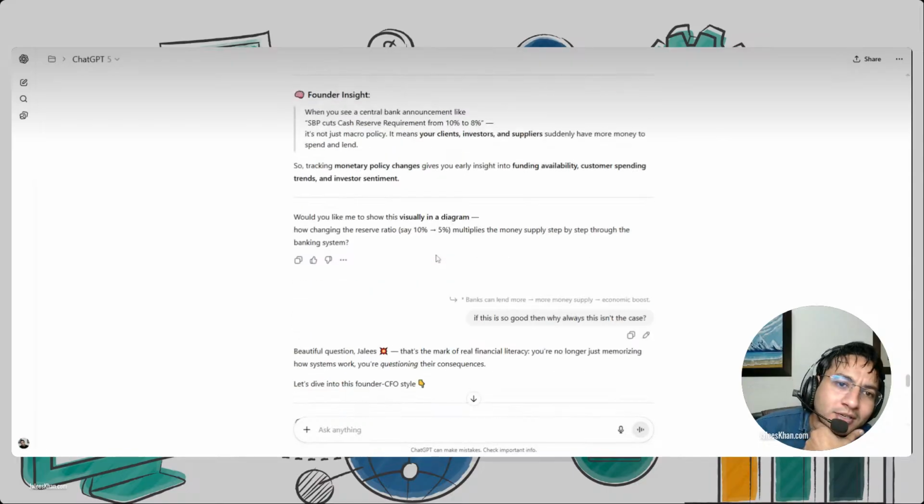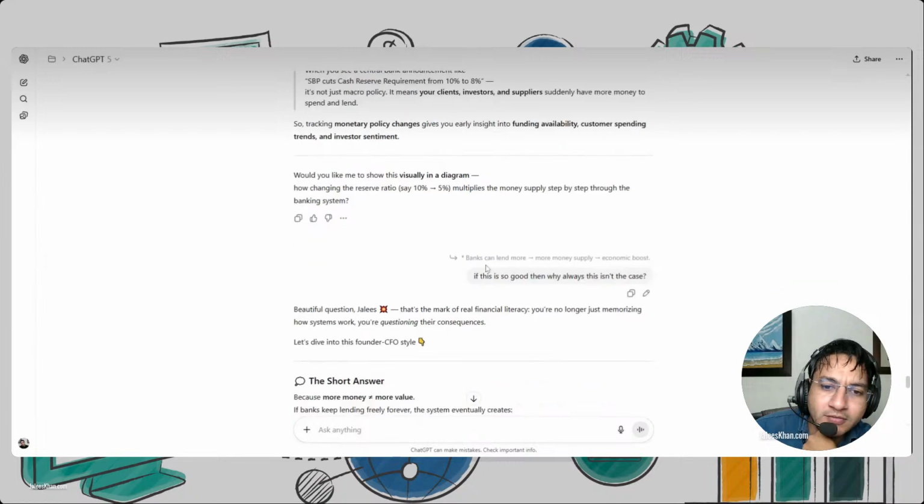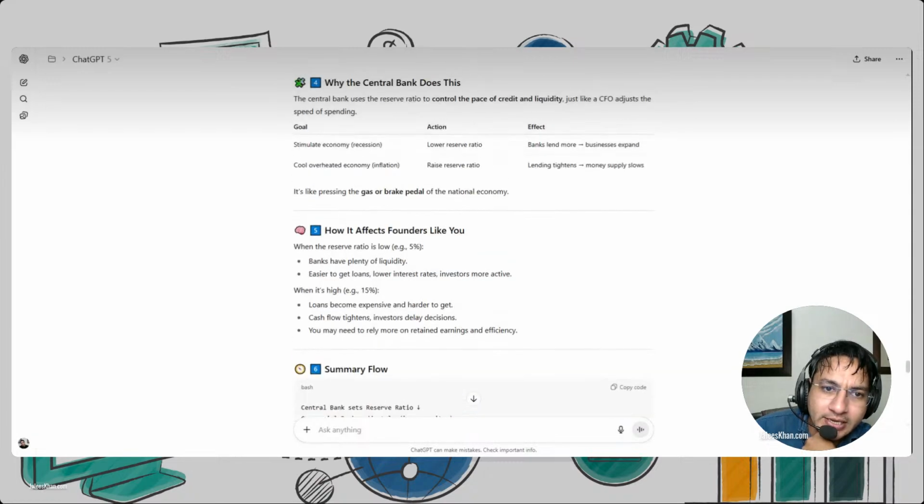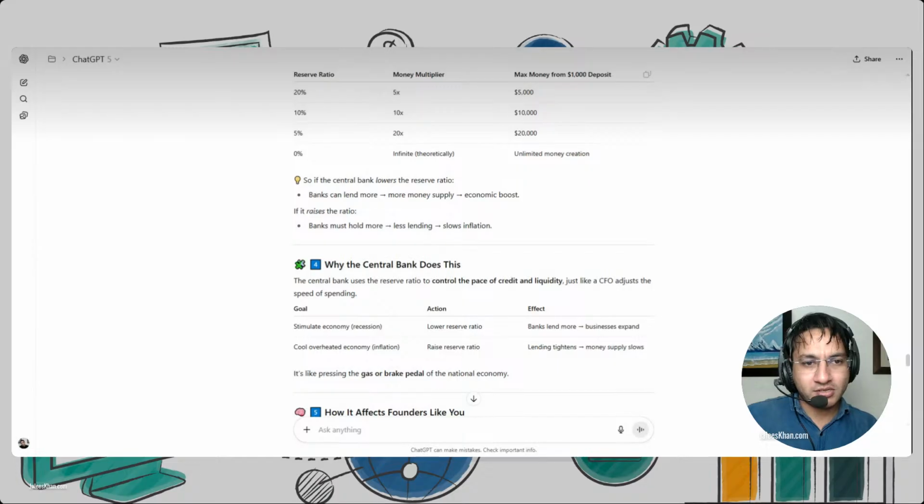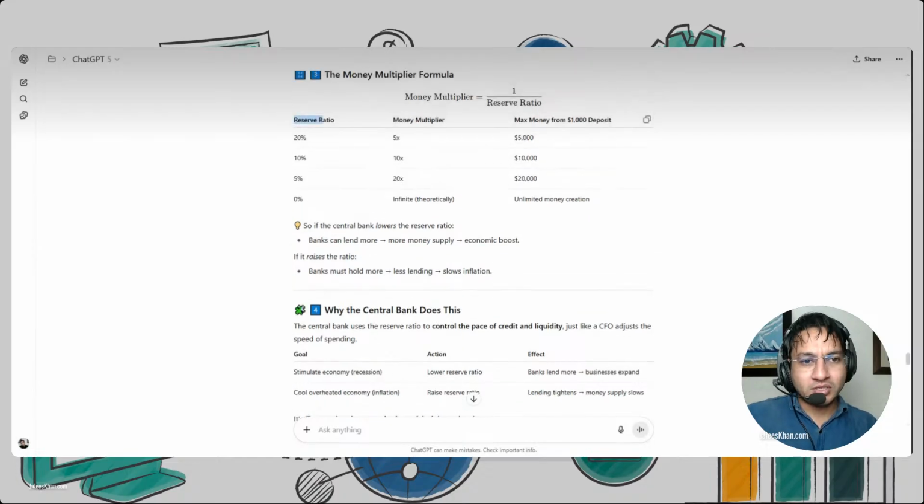Okay, so I just asked if this is good, that if they just loan all of the amount which they get from the customer, then there is an infinite money supply. You can see here reserve ratio. Let me review what that concept is. When someone puts money in a bank, such as I put $1,000 in a bank, then what is going to happen is that